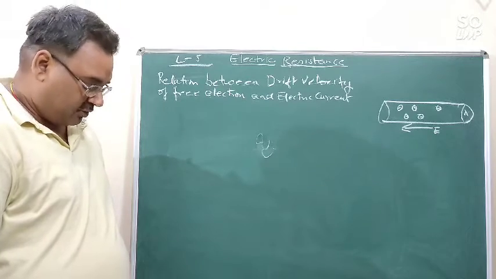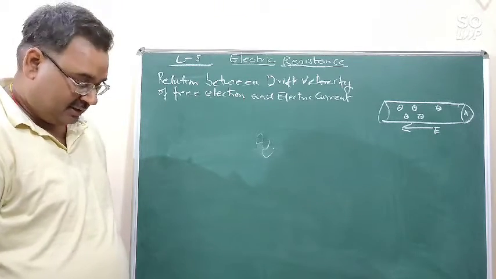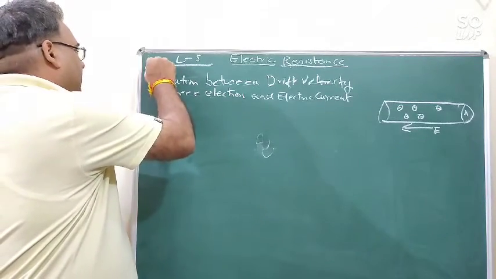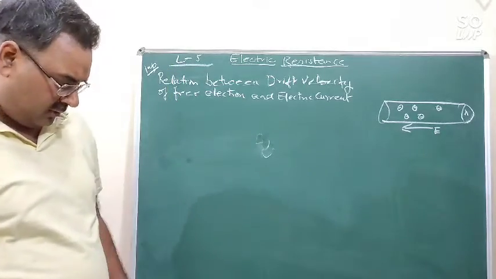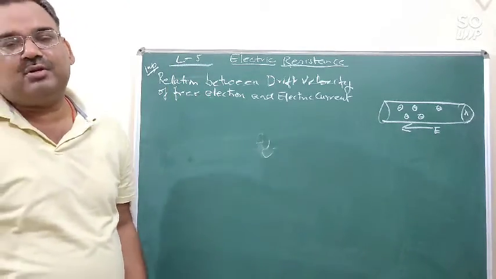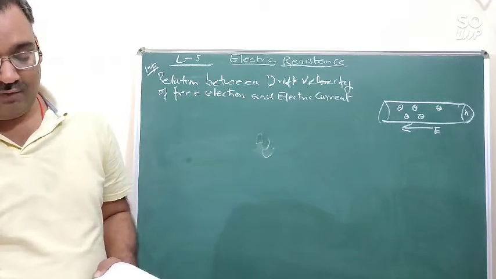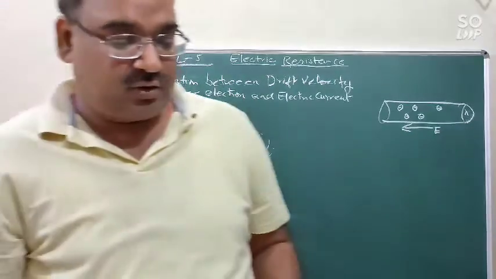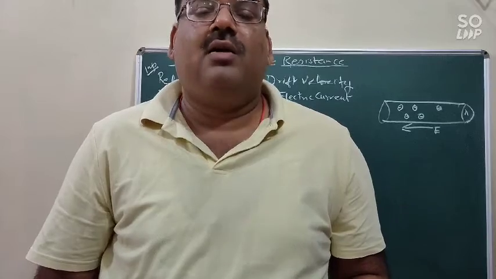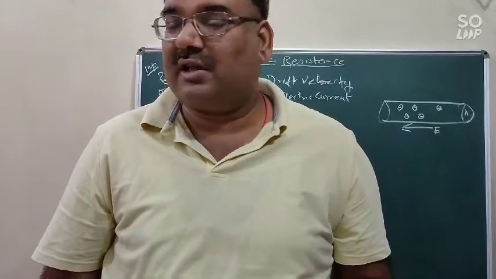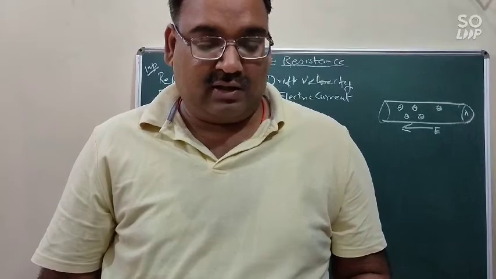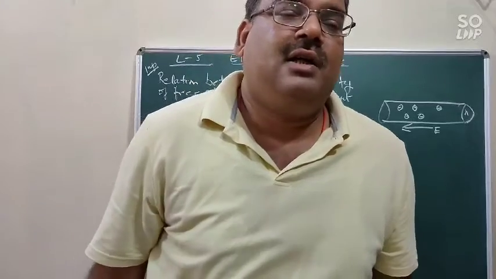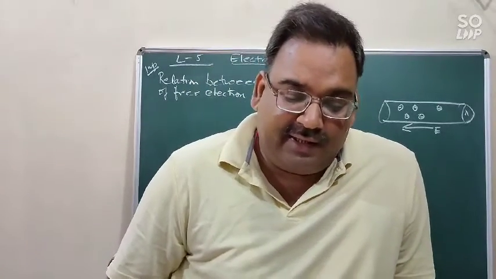So we are going to find out the relationship between I and VD. I and VD, a very important topic. The strength of the electric current depends upon the number of free electrons that are flowing through the wire per second through a cross-sectional area of the conductor. So it depends upon the magnitude of charge that is flowing through the wire per unit area.